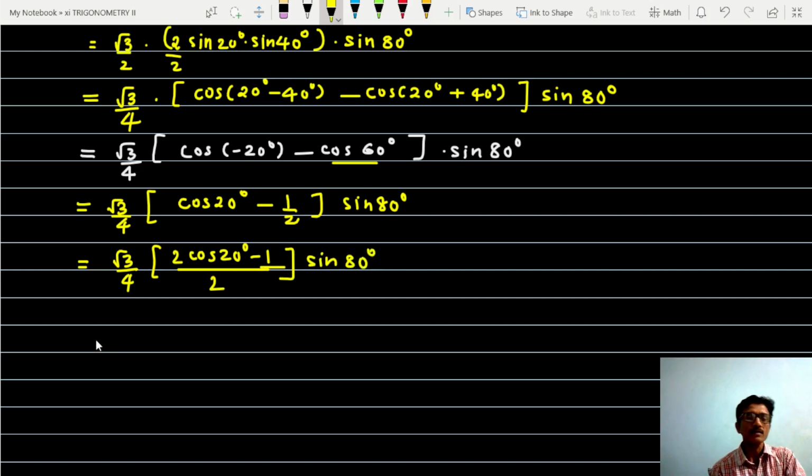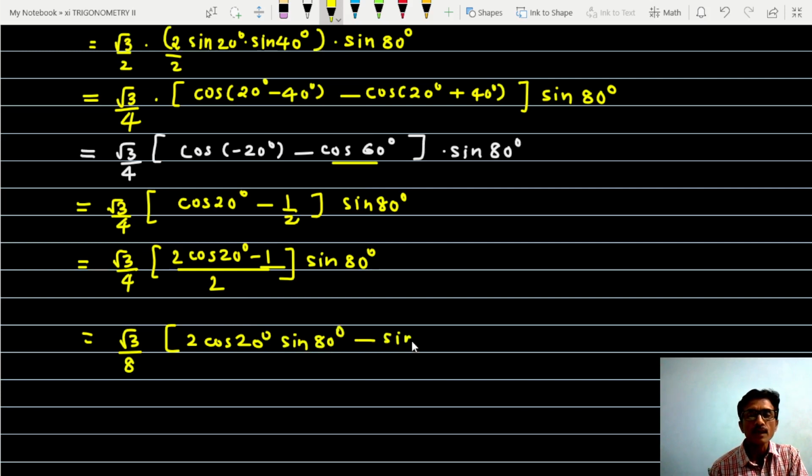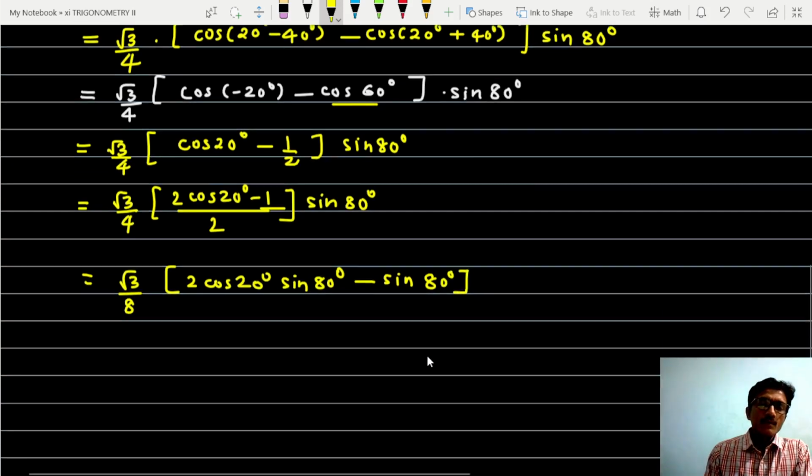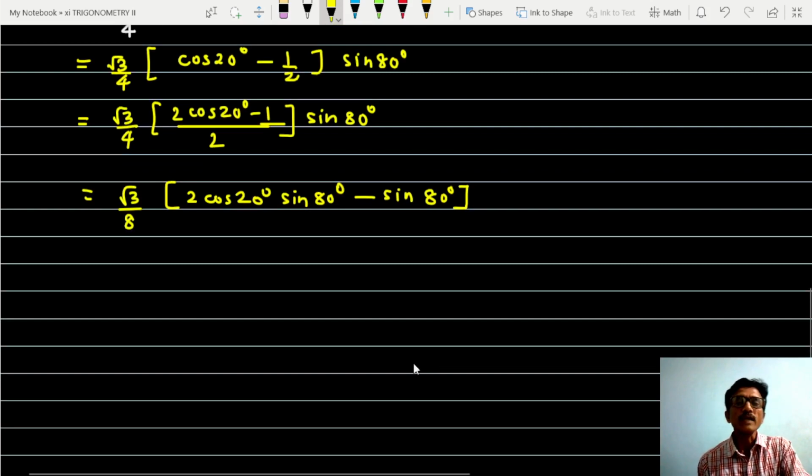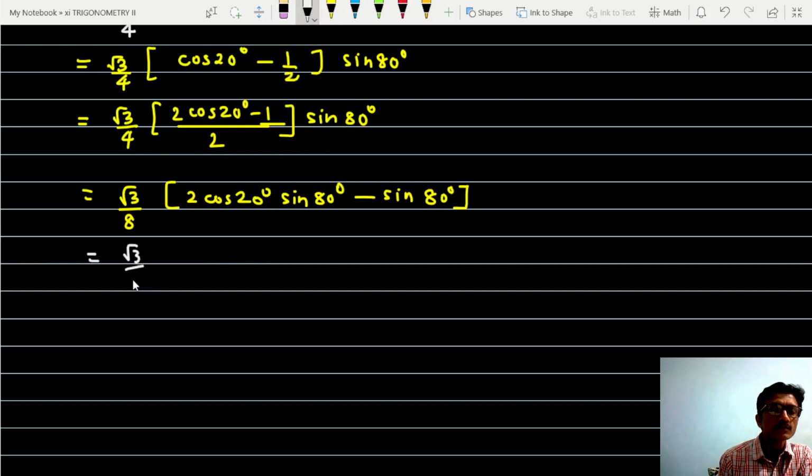Take inside the bracket this √3/8, and here 2 cos 20 degree into sin of 80 degree minus sine of 80 degree. Now 2 cos A sin B is equal to what? 2 cos A sin B. Here root 3 by 8, 2 cos A sin B, that is equal to